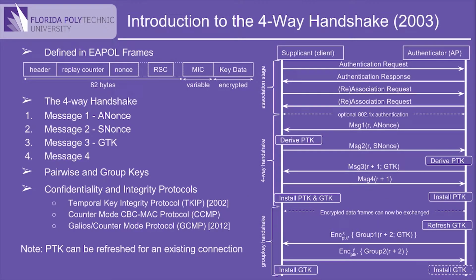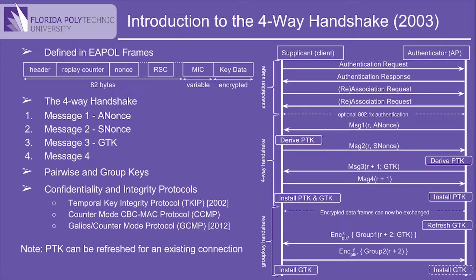All of the packets for the four-way handshake are defined in EAPOL frames, which stands for Extensible Authentication Protocol over LAN. The four-way handshake begins after both the client and the access point have associated with each other and want to initialize keys and nonce values for secure communication. The first message in the four-way handshake will be sent from the access point to the client. It will contain the ANonce, the authenticator nonce value, which in combination with the SNonce, the supplicant nonce value, will be used to generate the PTK,